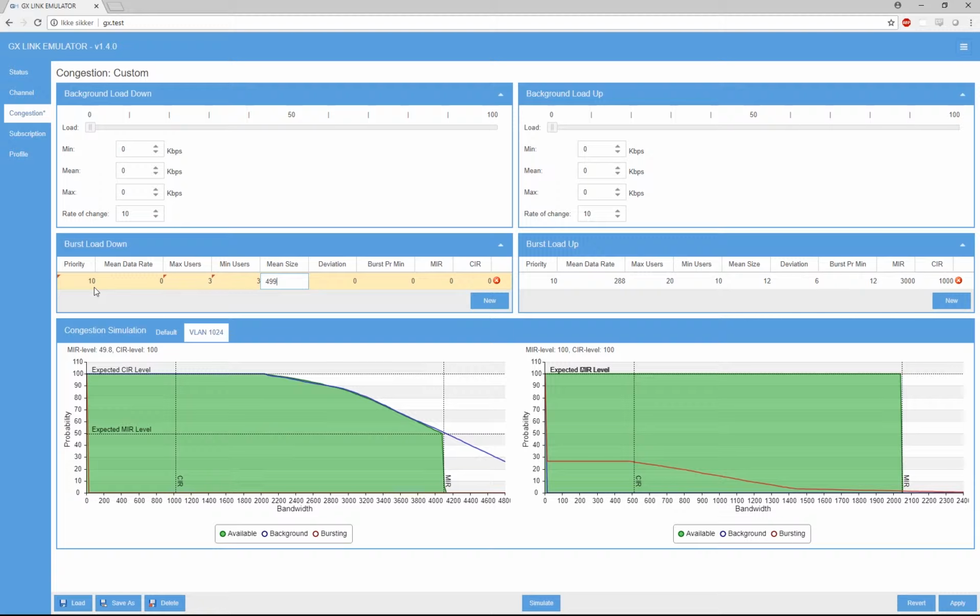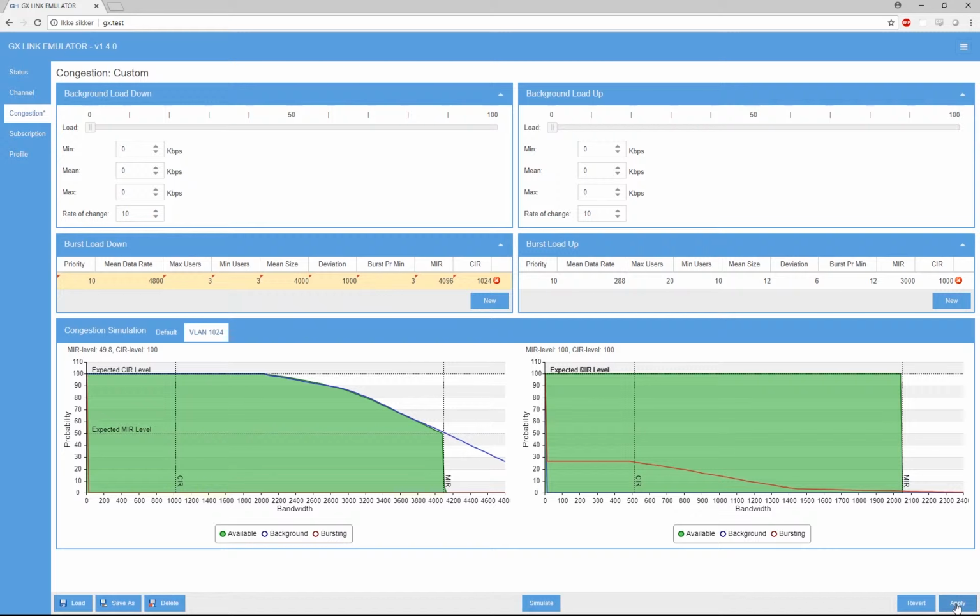These users I set to transmit bursts of 4 megabytes, and we can put some deviation on the burst size, and let me say that they get to transmit 3 bursts per minute, and all these 3 users could have a MIR of 4 megabits and a CIR of 1 megabit.